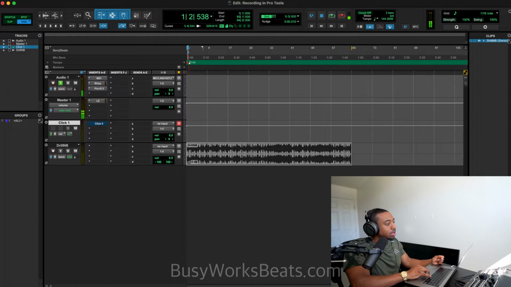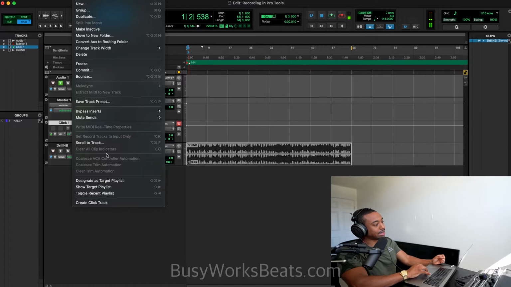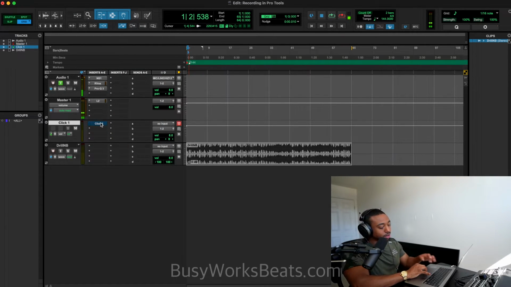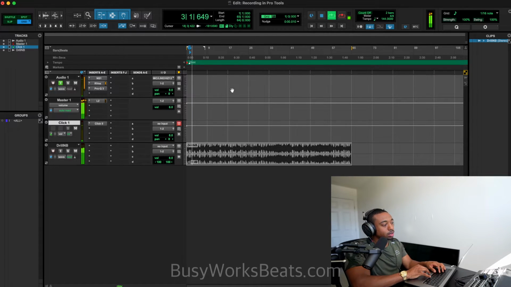So now when I hit play, you won't know if it matches the tempo. So what we have to do, just to double check, is click on track, create click track, and it will create this click sound, basically, that will click to the tempo. So this lets me know I'm at 140 for sure. If I turn the beat down. So that's just a double check to make sure your tempo is actually what you think it is.